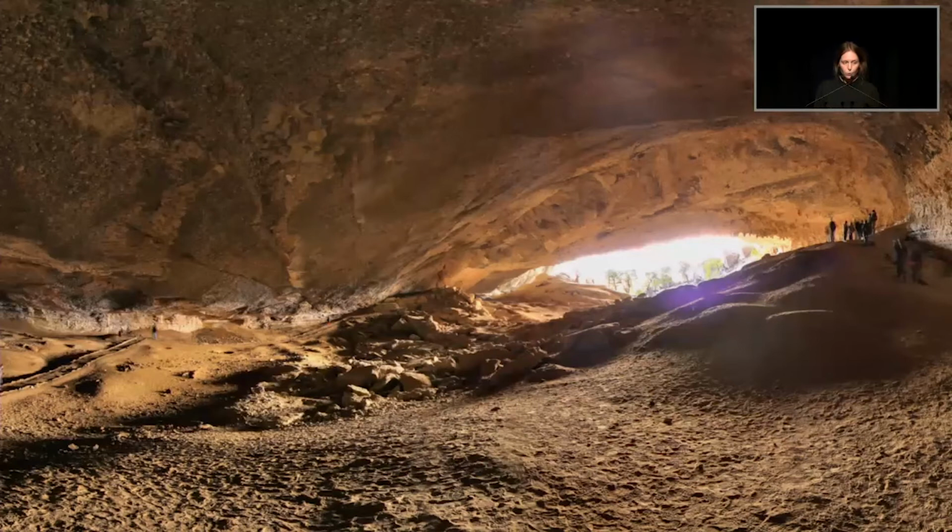And so, in these cool, stable conditions, skin can undergo a natural freeze drying process. And once dry, it can be preserved for a really long time. Inside the cave, the skin was also protected from the harmful effects of UV light, which can break chemical bonds, accelerating deterioration. And of course, it was also protected from water, which would have led to damage and decay if